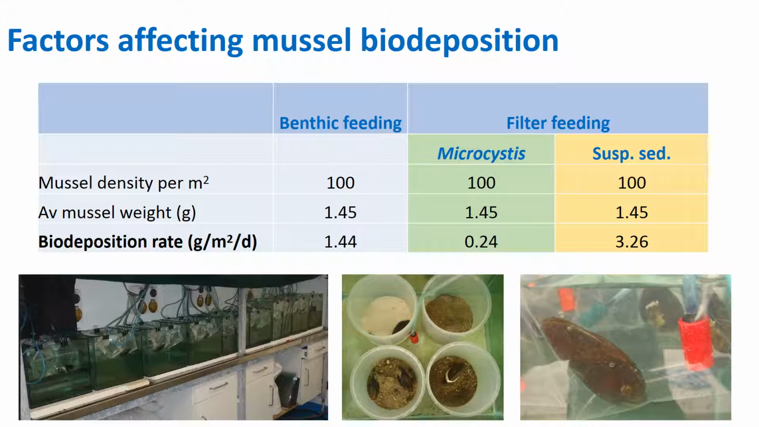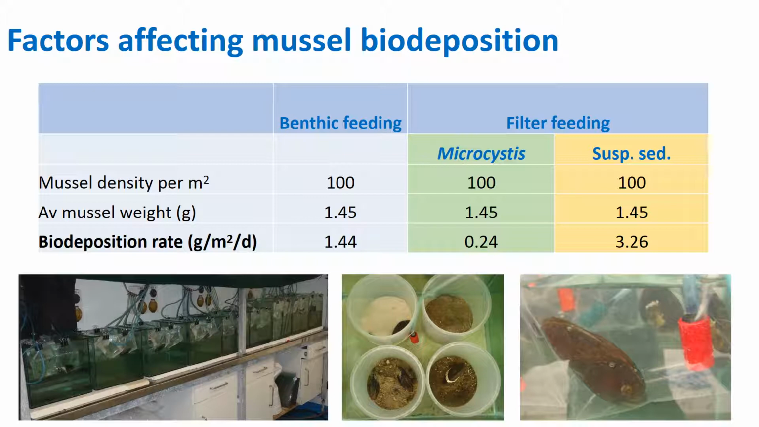Those biodeposits were then collected and weighed, and we scaled those up for, say, a mussel bed with 100 mussels per square metre, which is in the range of what we know occurs in nature, and an average mussel rate, so that's the same across all diets. We can come up with estimates of biodeposition rates for mussel beds in terms of grams per square metre per